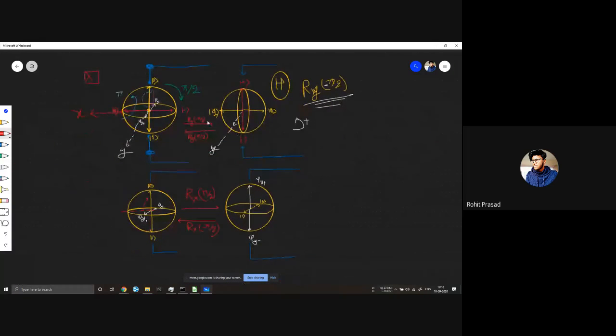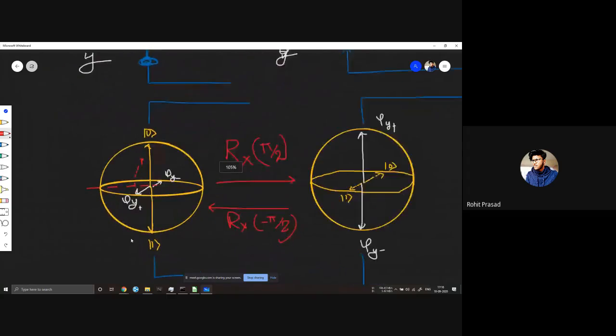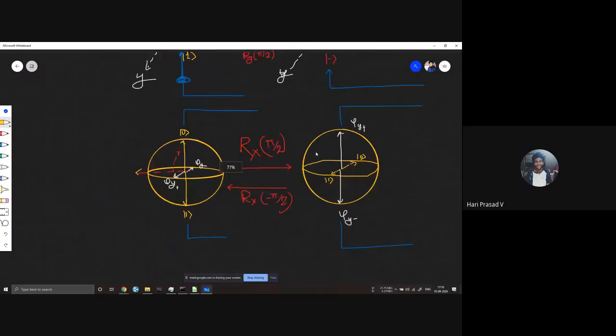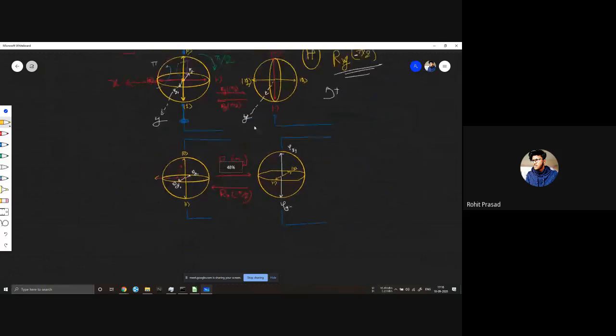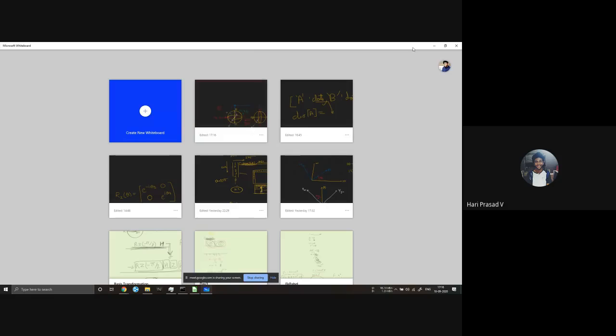You can do the same thing for H also. From here to here H, then from here to here y. If you rotate about this x, this z, you can go from this y to the x-axis, and from there you can apply the H. So you can go in any manner, right? There are an infinite number of ways to go from one point to another point on a sphere. So choose any one. That's how we do our basis transformation. Okay, understood. Thanks.